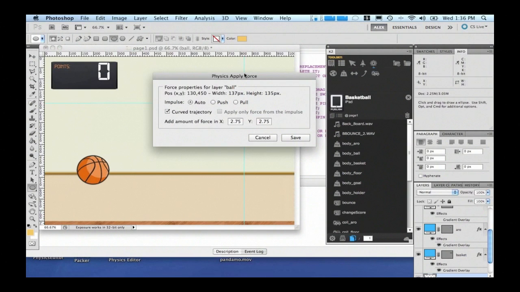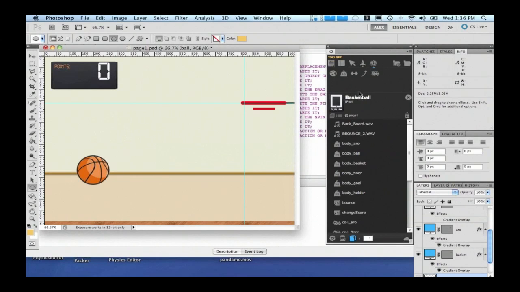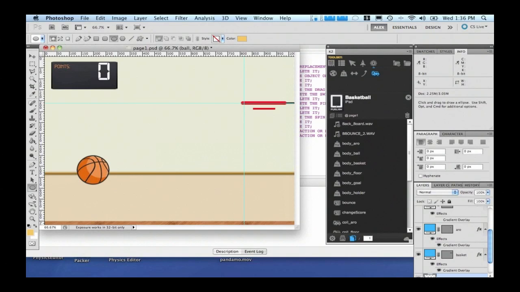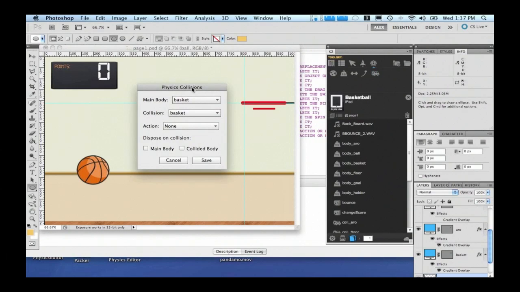I can say it's just automatic, or no, I'm going to push it or pull it, and Kwik also does the magic for me. Joints, you have lots of joints here applied to several different objects, and also the concept of collisions. You say, okay, what happens if body one hits body two? Which kind of action should apply, and what am I going to do after the collision? Should I dispose one of the objects? Let's say you are creating an asteroid game. If an asteroid hits, it's probably a good idea to dispose of it to free memory after the collision. So, lots of controls here.